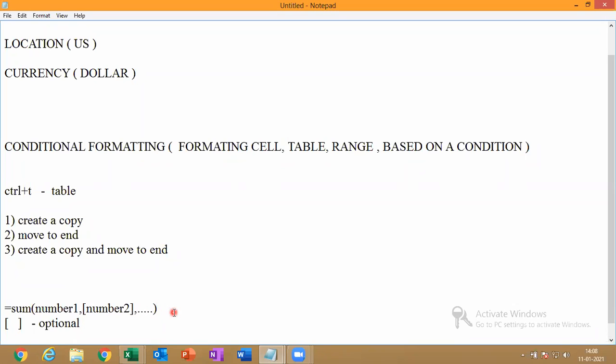What is the dot? If you select number 2, number 3 is optional. Number 4, number 5, like that will keep on coming. However much you have, you can keep on selecting and go. If you have only one cell, you can select, but one should be compulsory. Remaining are all optional. If you have, you can select. That is why the square bracket is there. Is that clear? So even we are going to see like that only.